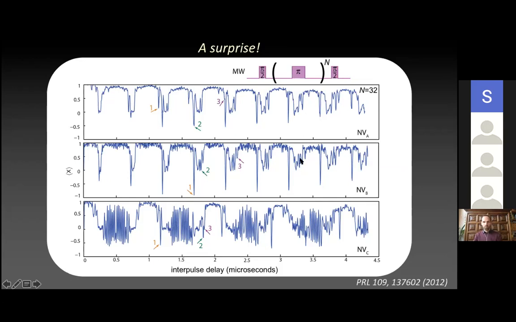Now, if you look at a different NV center, you see that these spikes occur at different times, so different interpulse delays, and they are of different depths. I take another NV center below, and again it looks quite different. So what is going on here? Well, the fact that the spike pattern is very different for each NV center already tells us it's not a property of the NV center, but a property of the microscopic environment. It turns out that what we see here, these different signals, are the interactions with individual nuclear spins in the environment. They're individual coherent interactions with these nuclear spins.